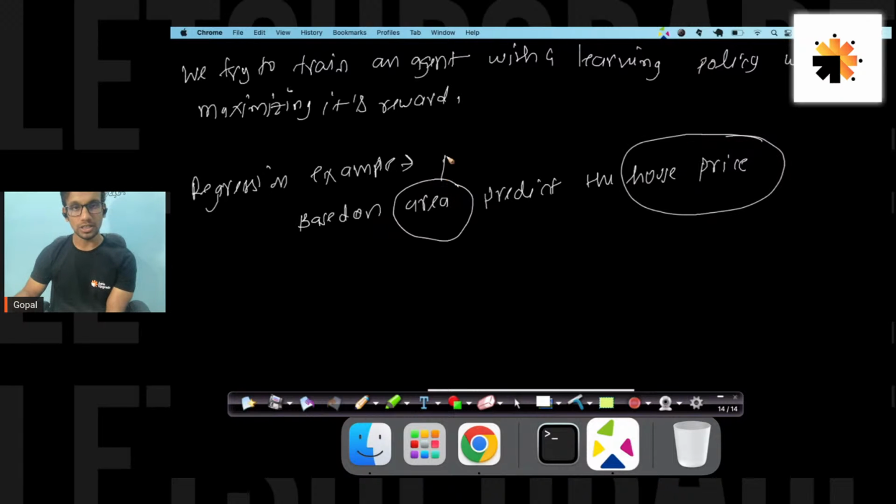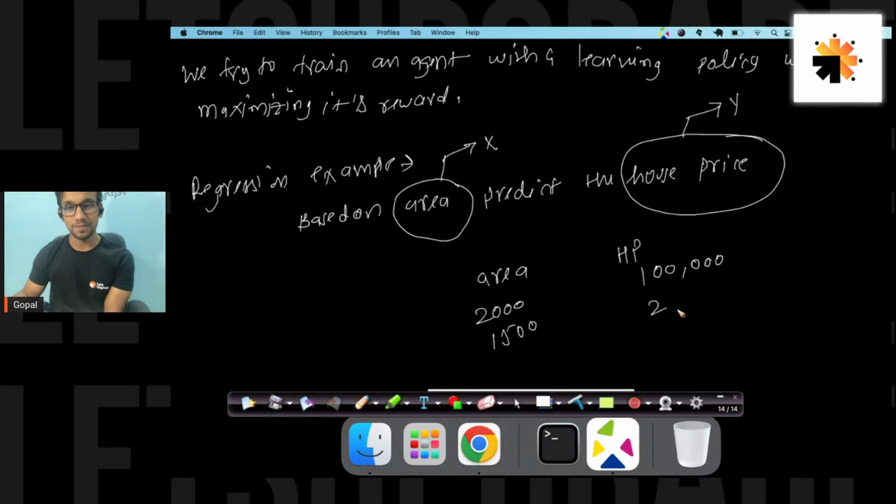Okay, and now what it will be? This will be my x, and this will be my y. So what I can do here, I can put area and house prices. I'm just calling it HP. Let's say you have 2,000 square feet, which is maybe $100,000. I know it won't be justified, but I'm just making that up. Let's say 1,500, and based on that you have, let's say, $75,000 or something. Okay, so based on these, these values are your continuous values,